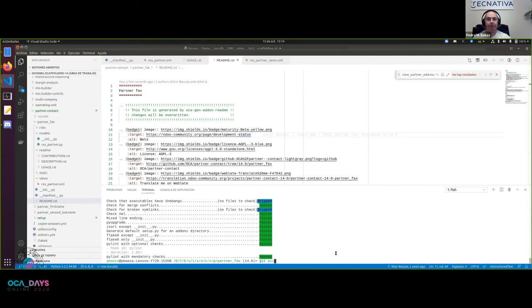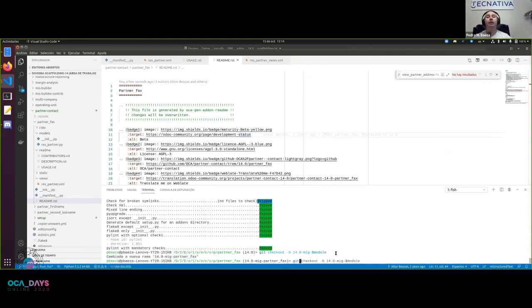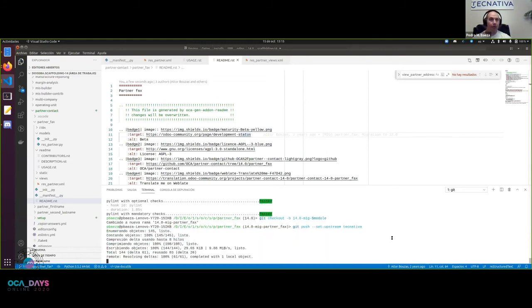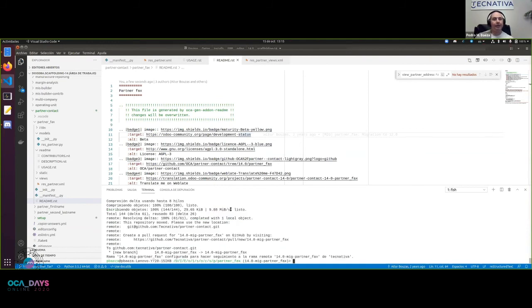So first step, well, I haven't remembered to make the new branch. I haven't created a specific branch. I'm doing it right now, no problem. And now I'm going to push it to my organization GitHub repository. I'm doing it. And now GitHub itself throws as an answer a link here for proposing the pull request. We can do it from this link,